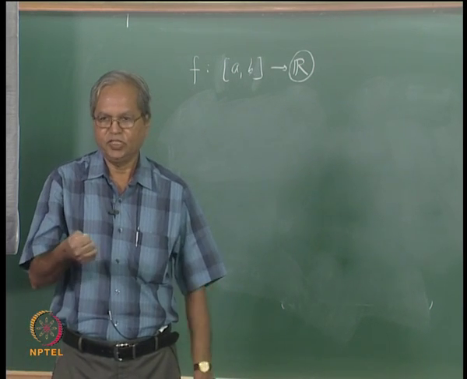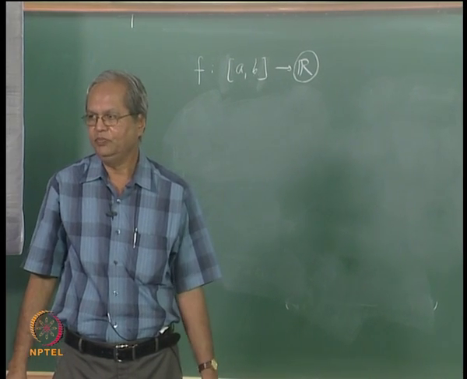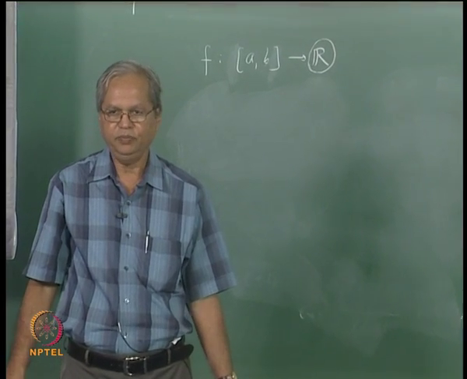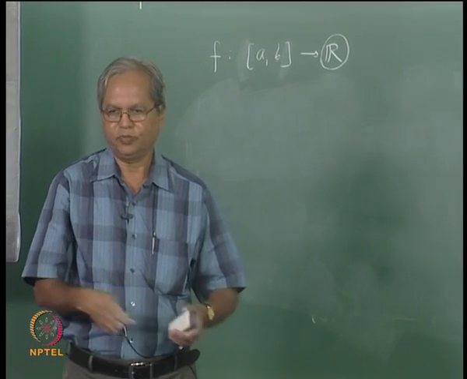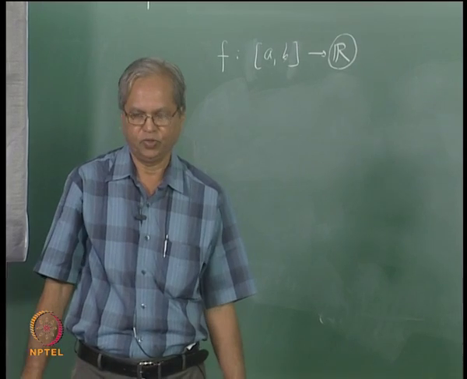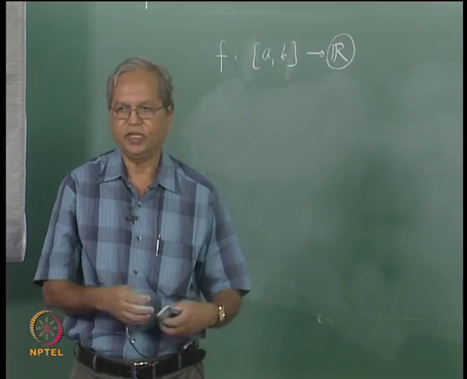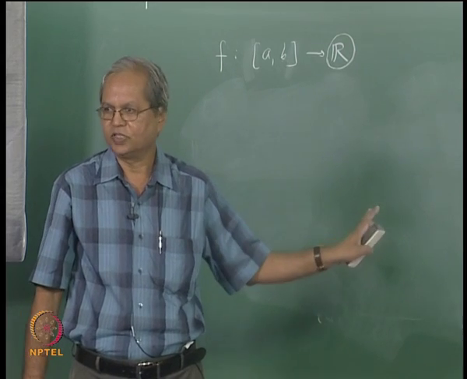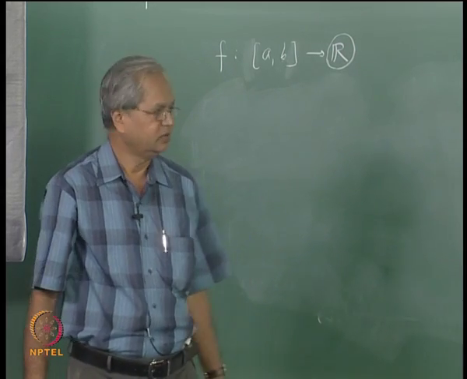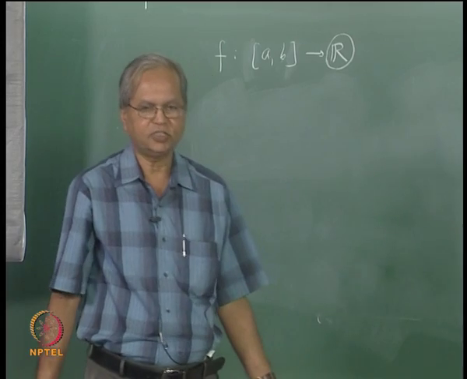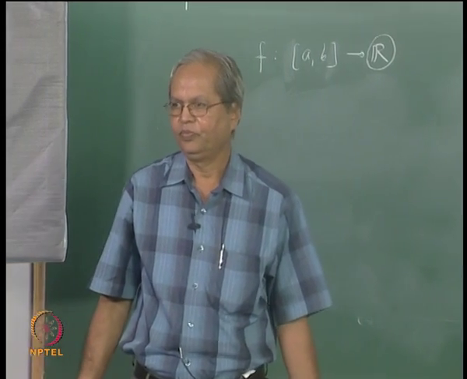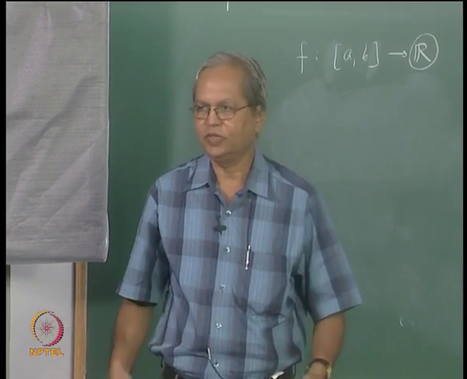There should exist some point c in the interval (a, b) such that f(b) minus f(a) is equal to f prime(c) multiplied by (b minus a). So what I want to say is that such a thing does not happen in the case of vector valued functions. And what is the way of showing such a thing does not happen? There is only one way, that is you have to give an example, right?